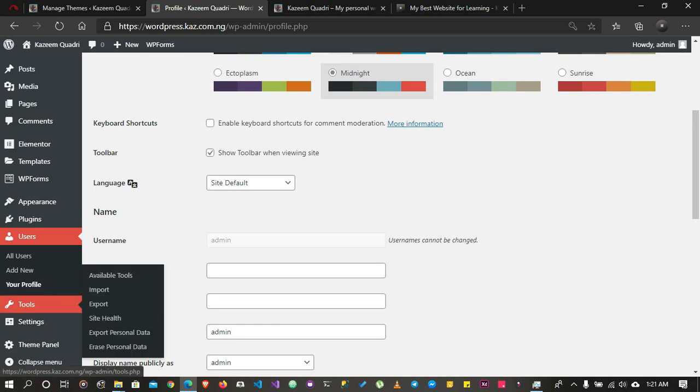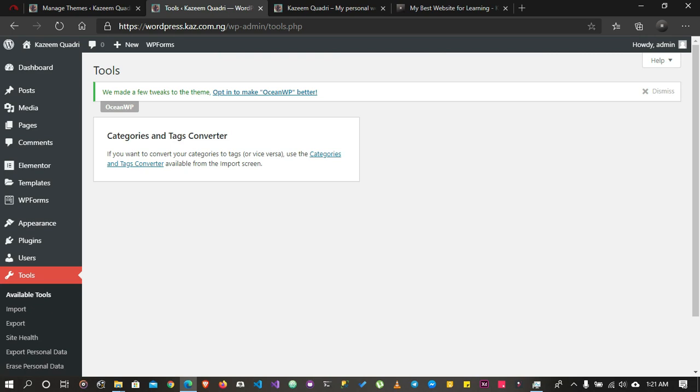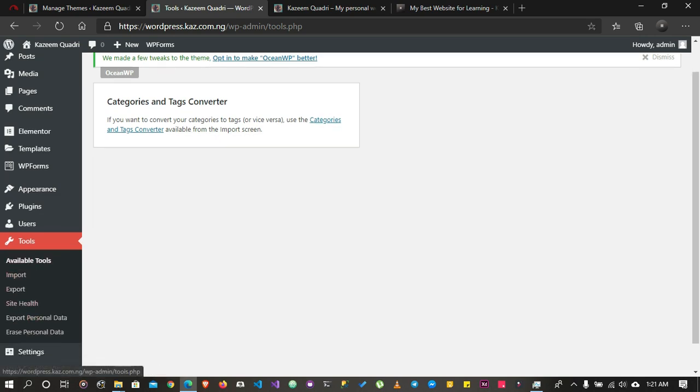So let's go over to tools, and we have available tools. Tools are basically some cool stuff that WordPress added to make it easier to use. So assuming you have a blog that is not based on WordPress, or is based on WordPress, and you want to just get all your posts from that blog and ship them over to WordPress, these tools would help you do that. So just assume we want to have